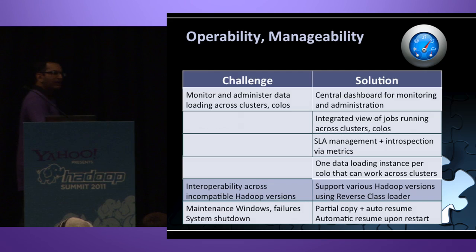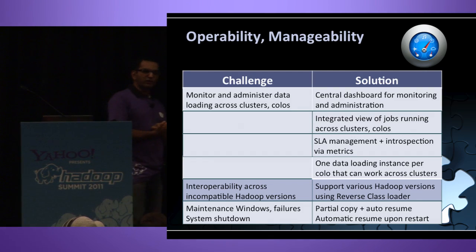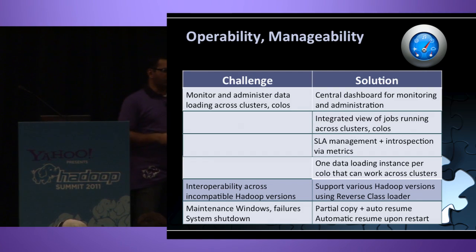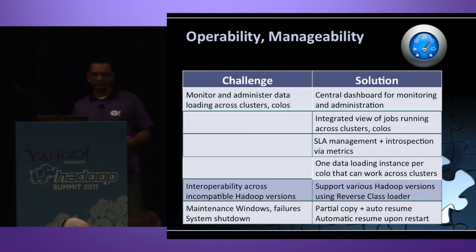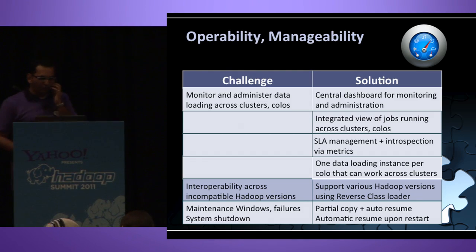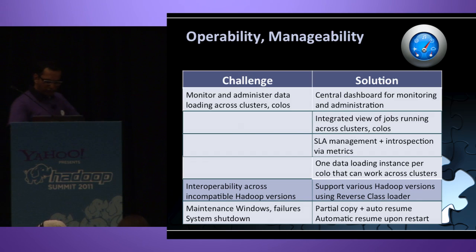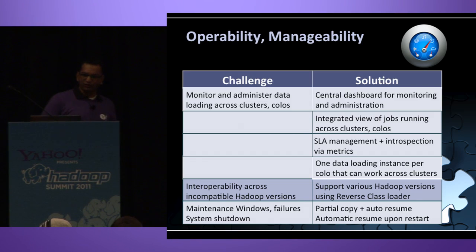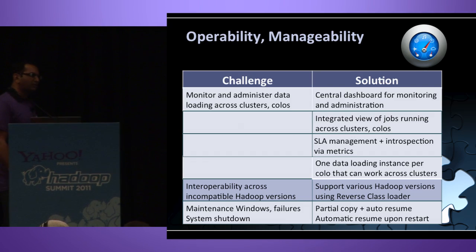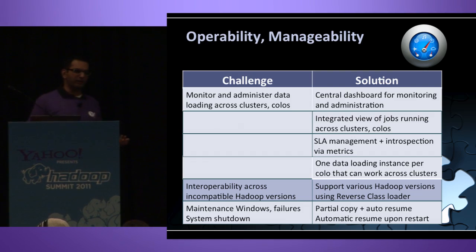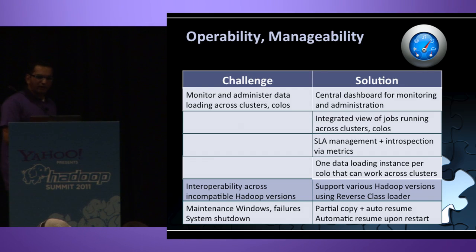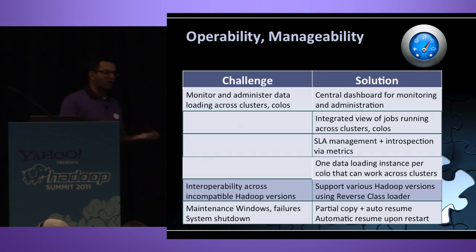So the most important thing is operability and manageability, right? Since we are onboarding thousands of feeds and terabytes of data, we need to be operable. So we provide a central dashboard for monitoring and administration, an integrated view of jobs running across clusters and colos, SLA management, plus we collect a bunch of metrics with ETAs and SLA misses based on the history of this data movement. And the cool thing that we have done, which is not there in any component in the stack,